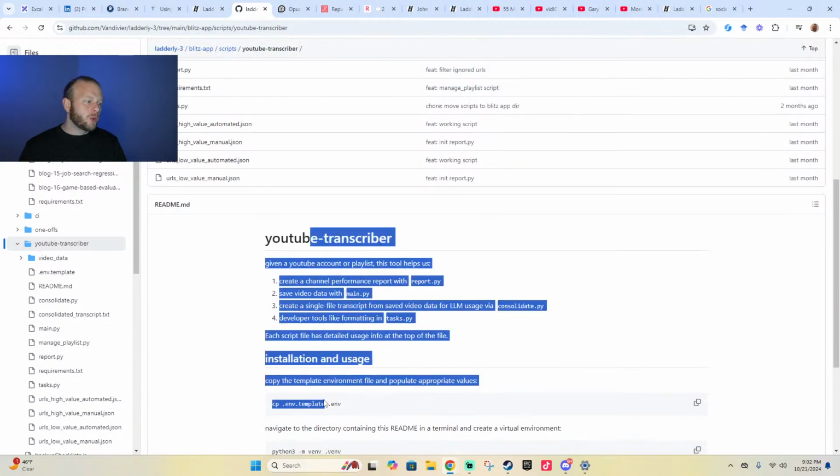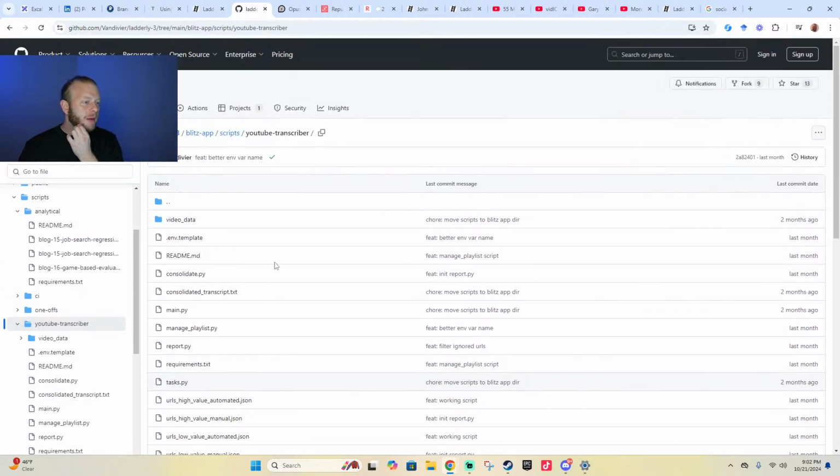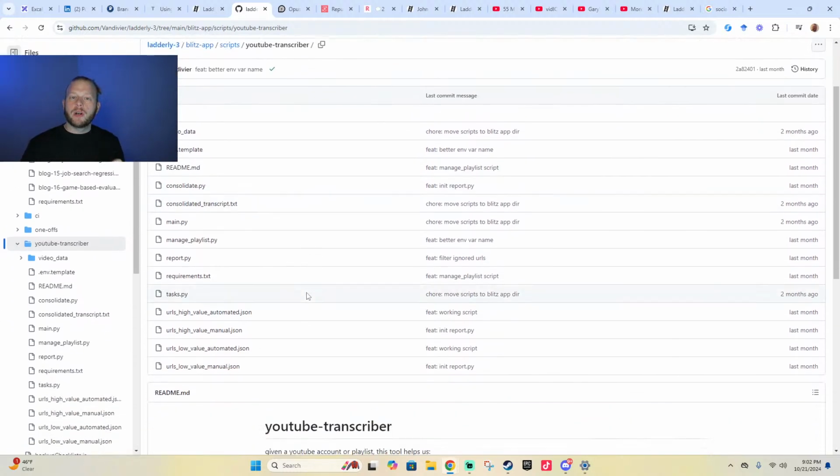And so there's a README. This is a little bit technical. This won't be for everyone, but if you're technical, you can read through the README, set it up, and it basically looks at your YouTube analytics. Again, we want YouTube to drive this thing. In the future, maybe it can look at multiple channels and say this content doesn't only do well on YouTube, it does well across channels. That'll be great, but at the moment, it's looking at YouTube.